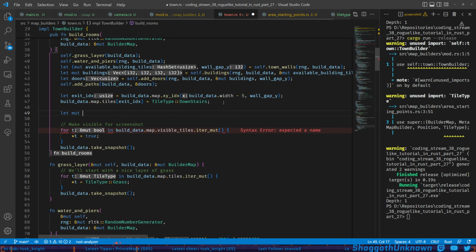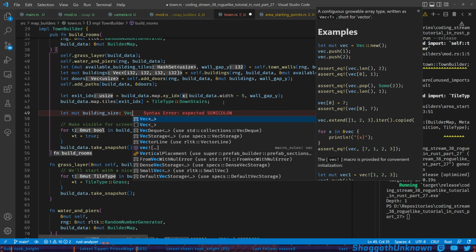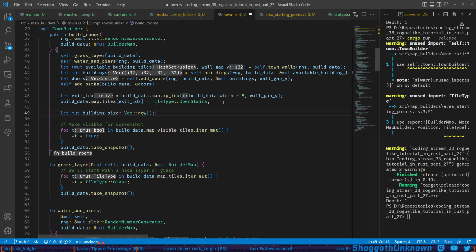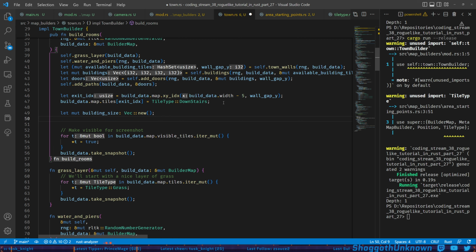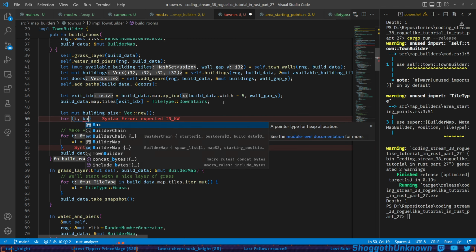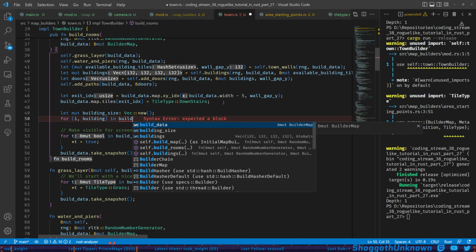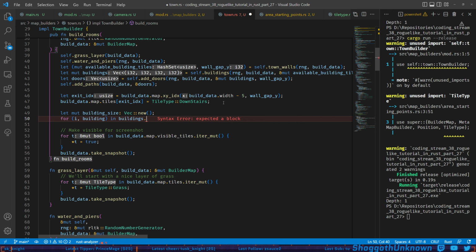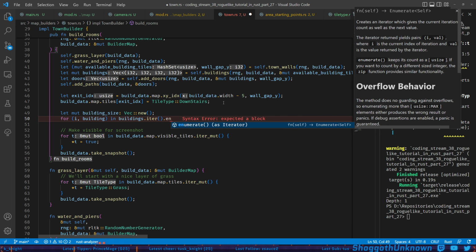So let mut building size is a Vec new. I don't feel like typing out the type. For i, building in buildings.iter().enumerate()